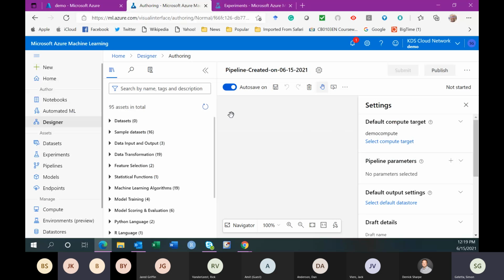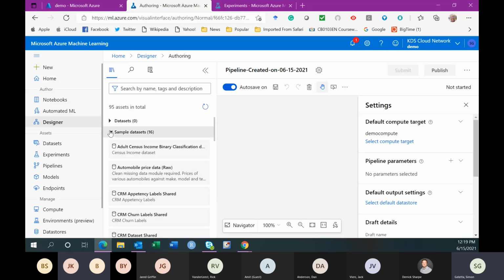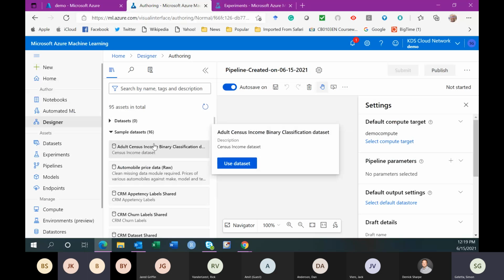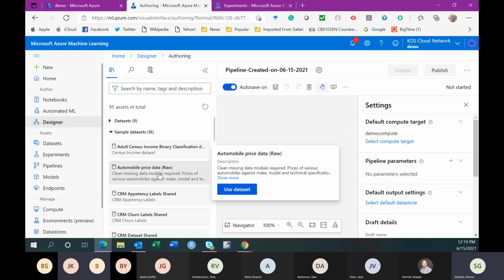Like I said, we start with the data. And I'll start with one of the sample data that's available on Azure. And basically what I'll do during my demonstration is create a car price prediction, okay, using several features about cars. Can I predict how much they would cost? So that's the question that I'll be answering, and with what accuracy. So I'll use the automobile price data.